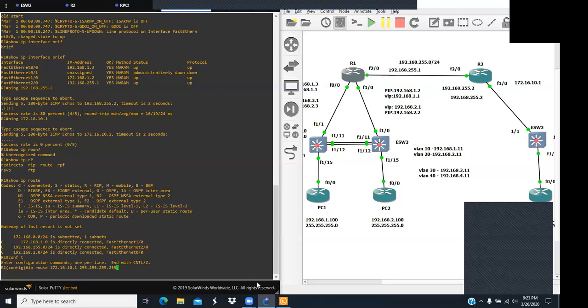Now, you see, if you only use this command, but how about the PC? You have to repeat. You have a 2 entry, right? If you have 254 hosts, you don't want to put 254 entries on this routing. So that is called not efficient. So instead of using the host,